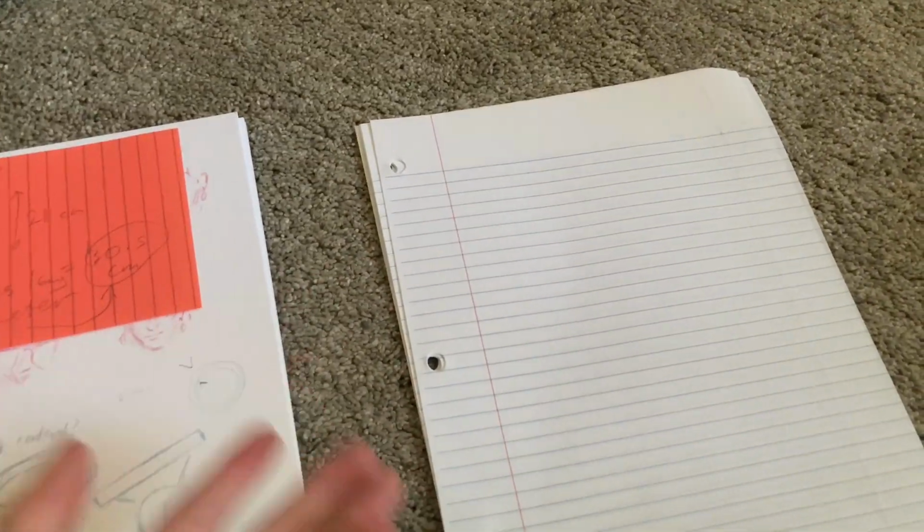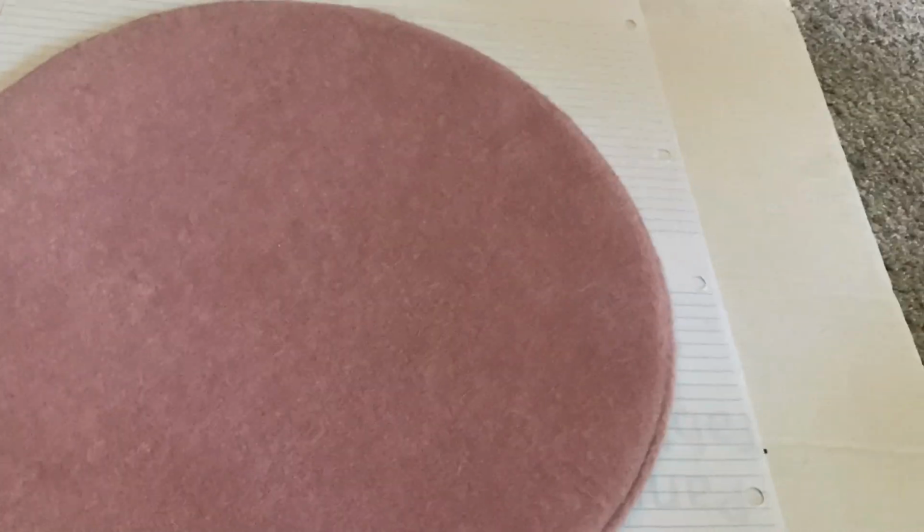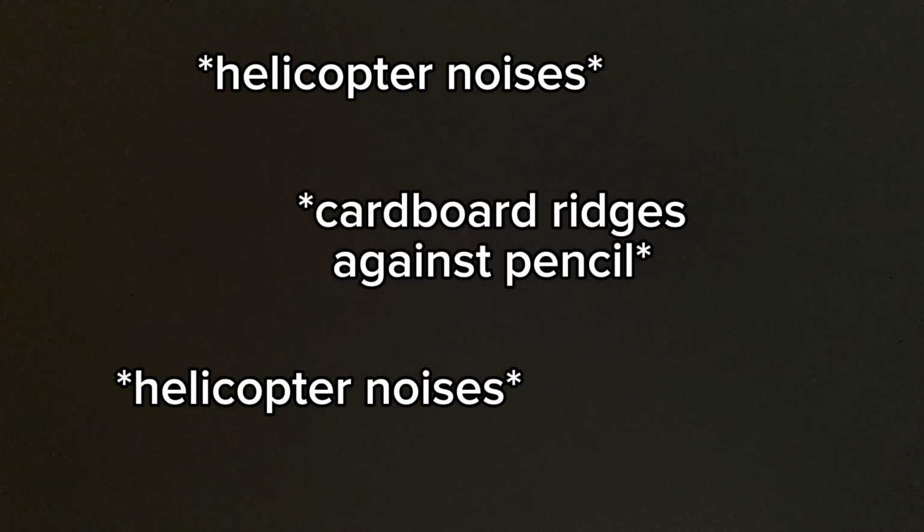But first of all, paper prototype. Binder paper because I have an absurd amount of it. I need a hard, flat surface. Okay, now how do I center this? That is a cat claw. Okay, now listen to this. It sounds like a helicopter. I don't have 3 hands, so...